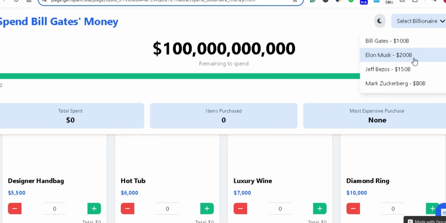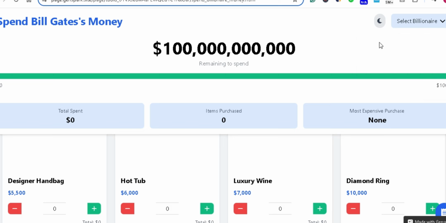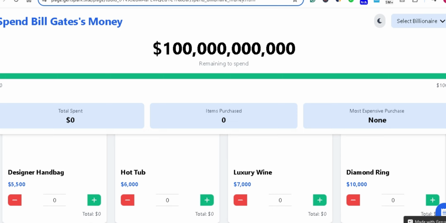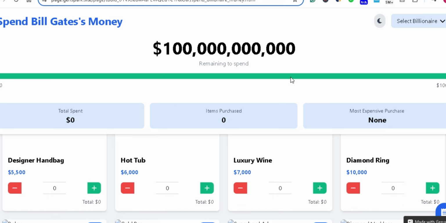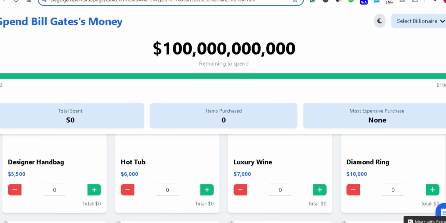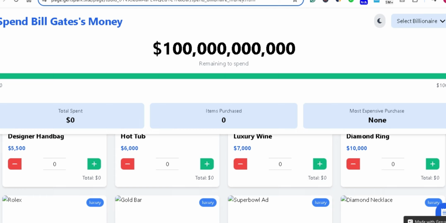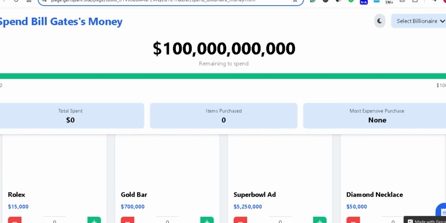So if we select any one of them, the amount which is their total worth will be available for our purchases. But in the actual game, only Bill Gates was there. So it means that it has given me more functionality by giving only a simple command. The only issue at the moment is that the images are not generated, but the functionality is more. The total spent is showing over here, the items purchased, the most expensive item. If I have purchased, it will be shown over here. I can purchase one or multiple items. Here you can see that. And these items are